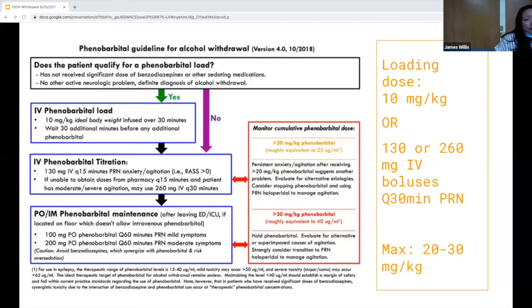This is a guideline I found online, going over some of the things I already talked about. There is actually a PO Phenobarb paper that we can continue. Most of the literature does say to max out your dosing for your patient to 20 to 30 milligrams per kilogram, so that way you avoid that 40 milligram per kilogram toxic dose.